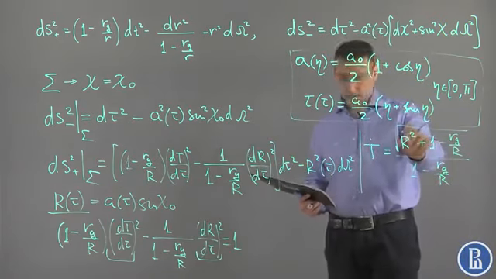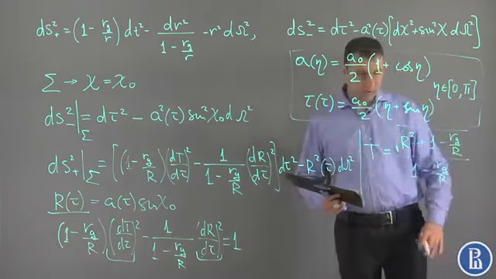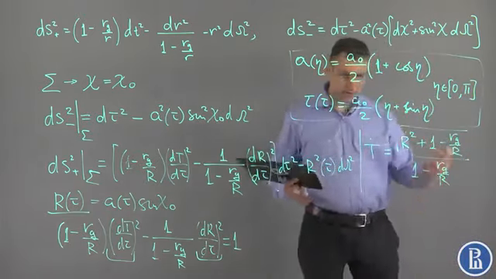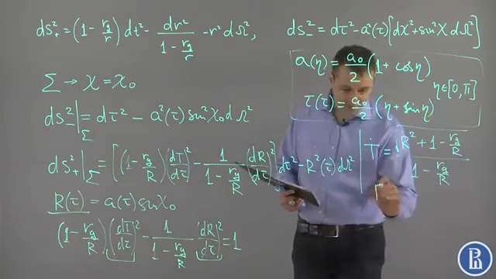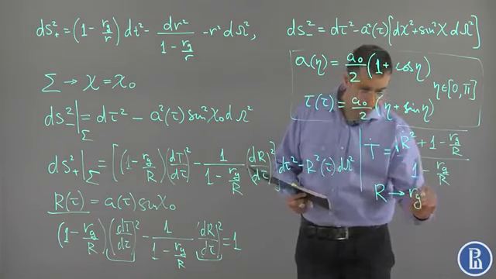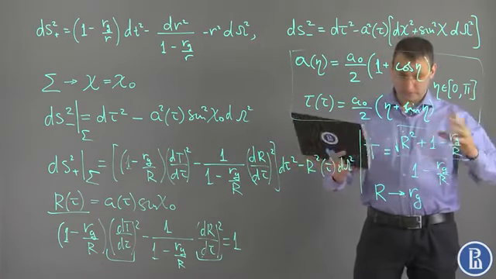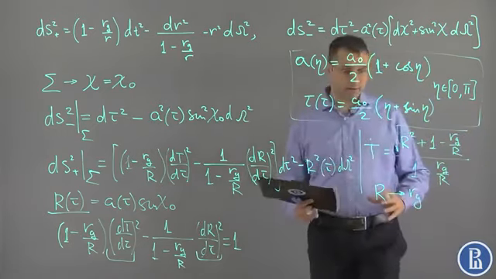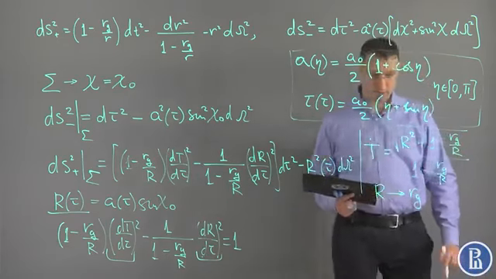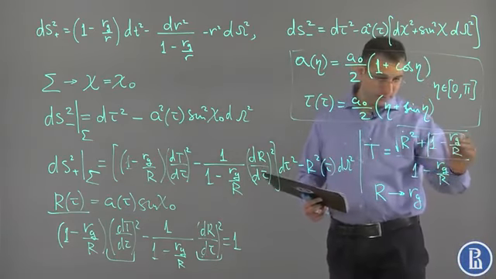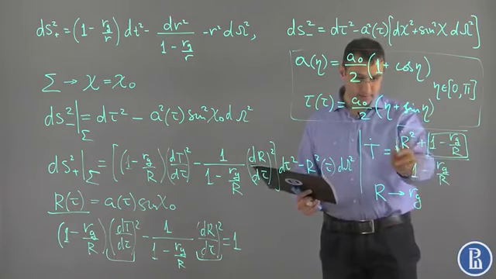If we know r of tau from here, we can find t of tau by integration. Let us stress that as r goes to rg, so as the surface of the star approaches its gravitational radius, we can asymptotically find the solution of this equation. First of all, this term becomes approximately 0 and can be neglected with respect to this term,